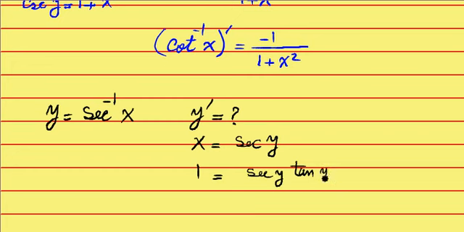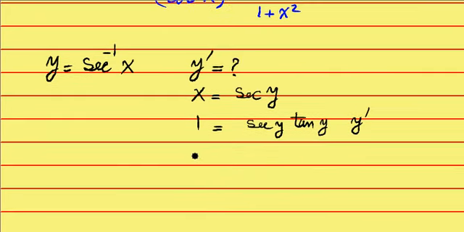Now I am applying it to value y, and by the chain rule I have to apply y prime as well. So we are already done with half of this. The y prime is equal to 1 over secant of y times tangent of y. So we found the derivative using